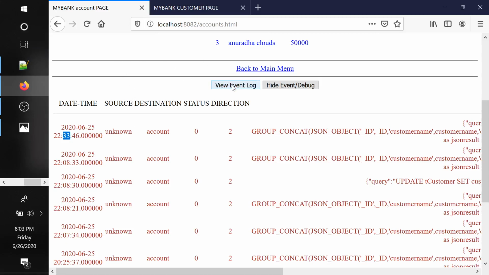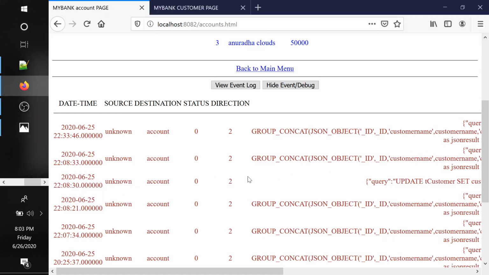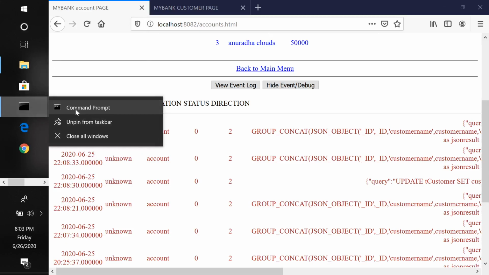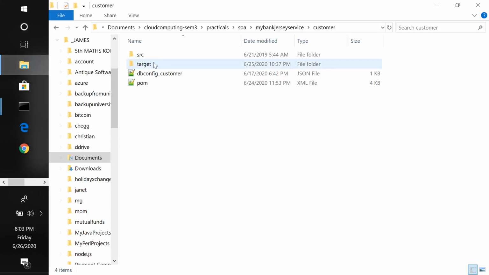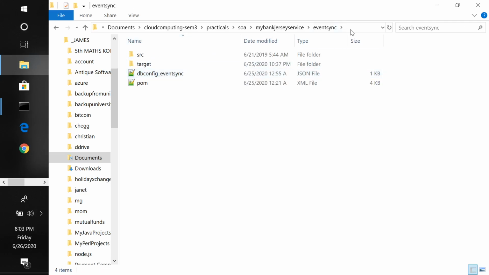So when we see view event log again, what happened? Oh, it's because event log is not working, I think. Yeah. So let me start my third event synchronizer service, right? Because that should also be running if things have to work. So let me start event sync.